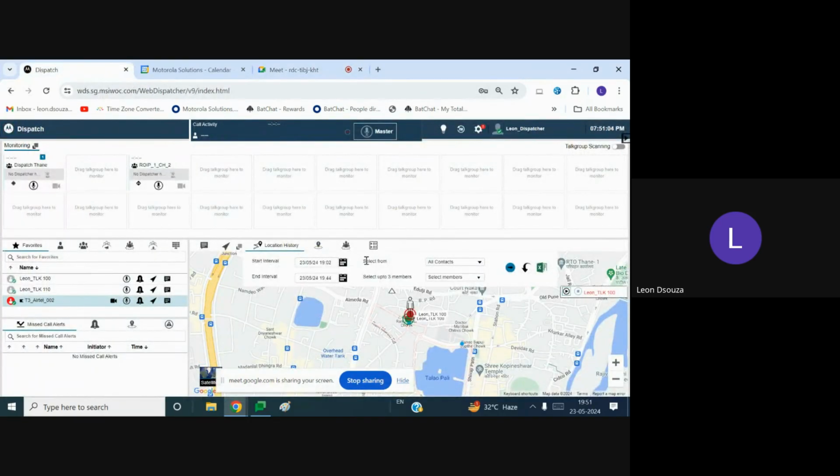Hello, this is a presentation of the Wave PTX dispatcher. The Wave PTX dispatcher is a web-based tool where you can have up to 20 talk groups. So this is a presentation of the web dispatcher for Wave PTX where you can store